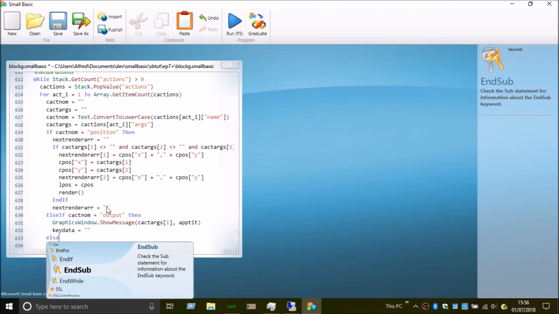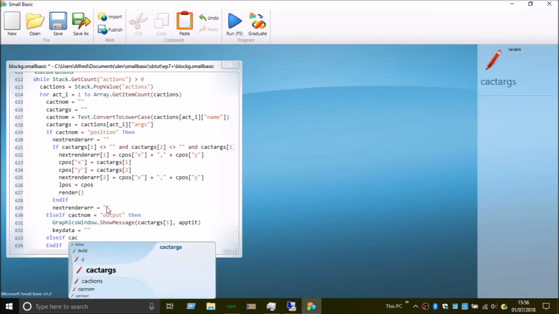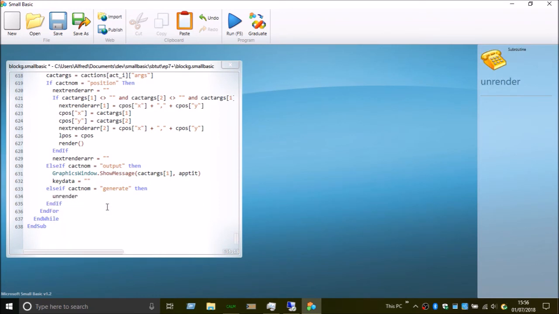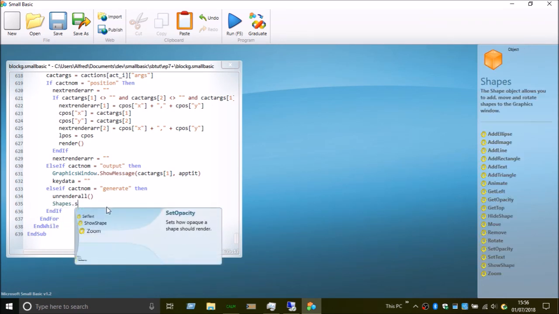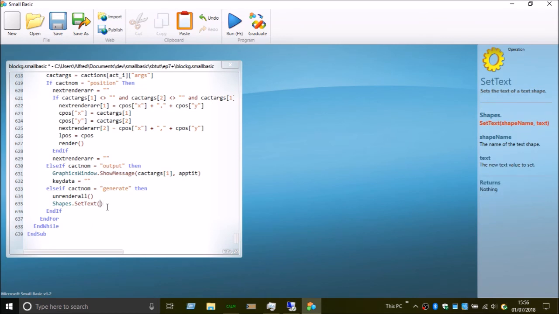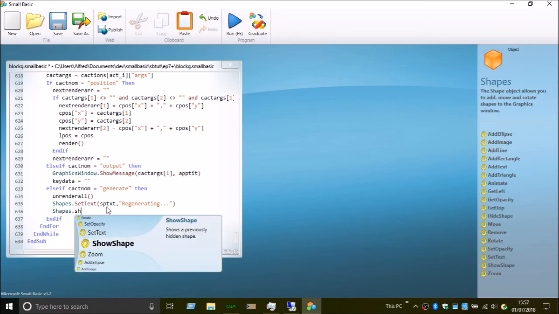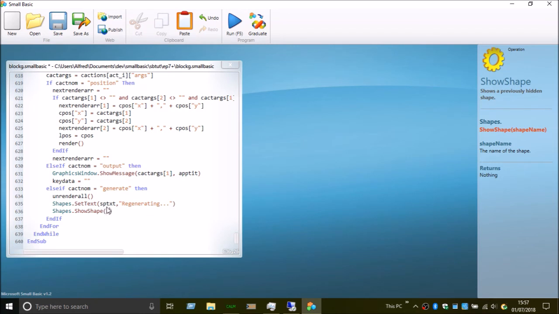if cat nom is generate, then unrender all, shapes dot set text sp.txt regenerating dot, shapes dot shape sp.txt world,